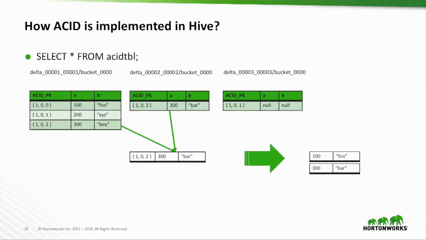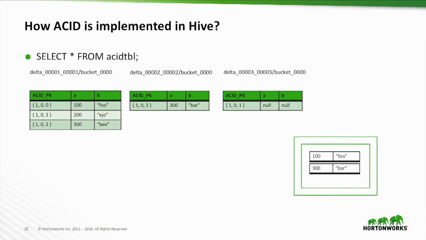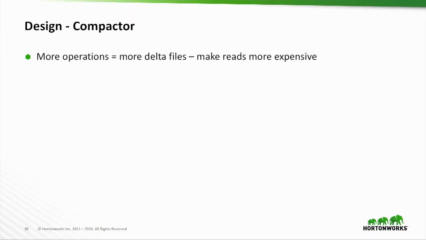So this kind of merge process happens every time you read the table, every time there are Delta files in the system. Now, as you can imagine, as you perform more and more update operations on the table, you get more and more of these Delta files, so this read process becomes more and more expensive. In order to compensate for that, there is a part of the system called the Compactor. It's a process that runs in the background and